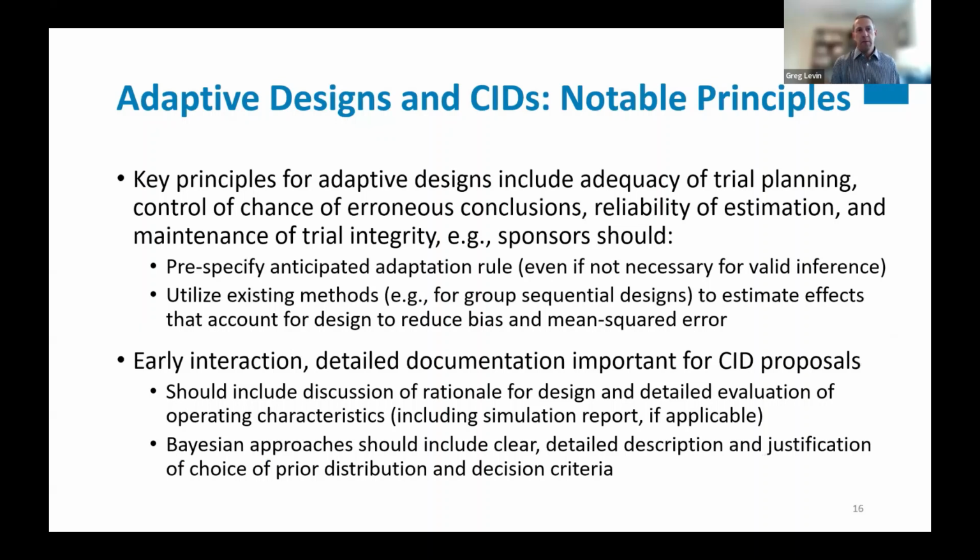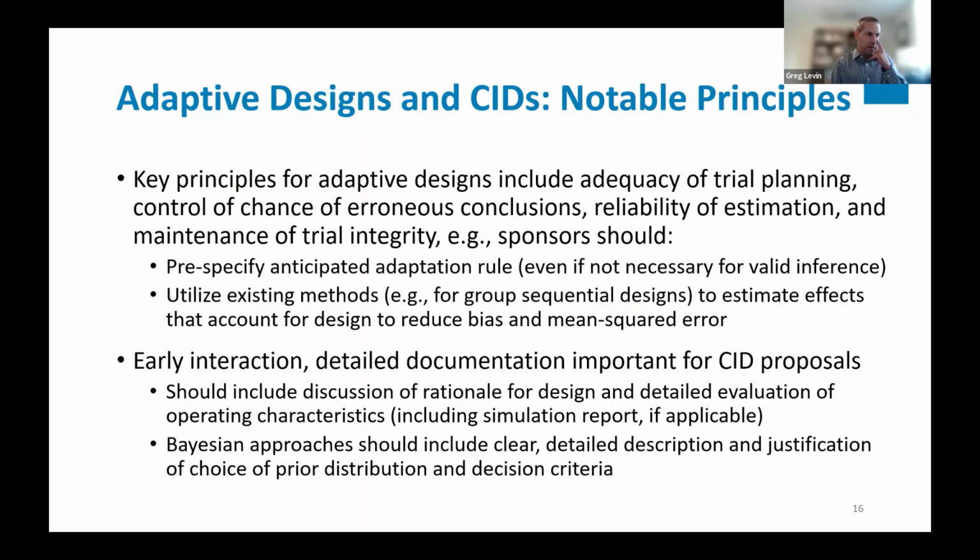So some of the notable principles on adaptive designs and CIDs. The FDA guidance on adaptive designs emphasizes a variety of key principles that include having adequate trial planning, controlling the chance of erroneous conclusions, ensuring that there's reliable estimation of treatment effects, and maintaining trial integrity. And there's just a couple examples of the kinds of things that help